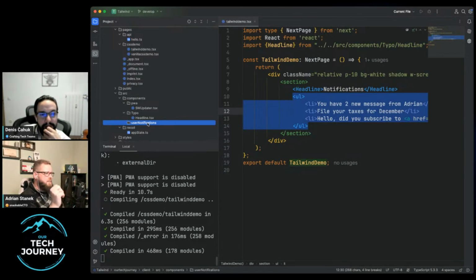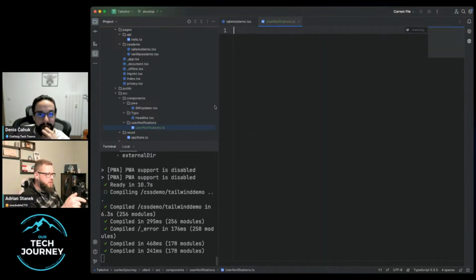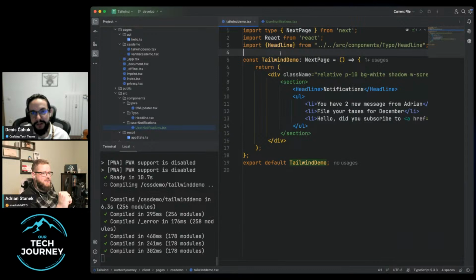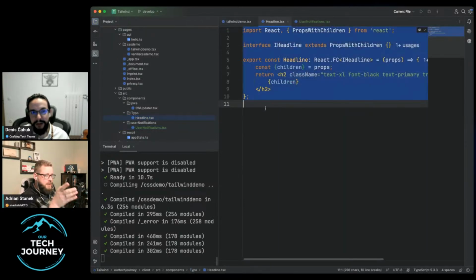Inside there, we have a major component which we can call like that. So user notifications. Some tend to use wrapper. I wouldn't do that because it's nonsense. So just create a new component, which is a TSX file, not a TS file. Sorry. You want to interpret JSX? That's me being a backend developer, and I just hit enter on the... Exactly. And now we need to create a new component. My problem is I'm so used to using templates that it might make sense that you actually copy it from a headline, for example. Yeah, I was just about to do that. No, this is a page. Don't copy that one. Sorry. Yeah, so I'm copying that is good.